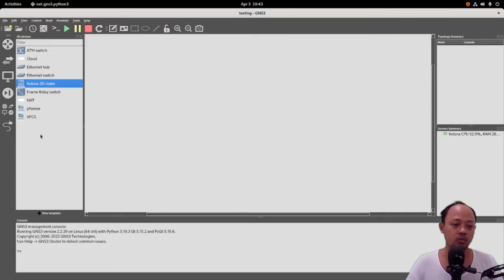So if I just need to test the IP or ping another virtual PC or another template like Fedora 35 Mate, I can use this VPCS.